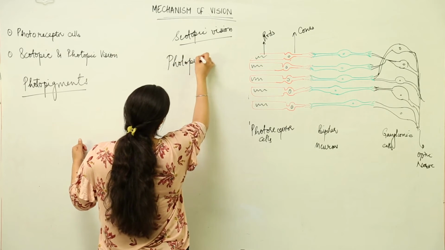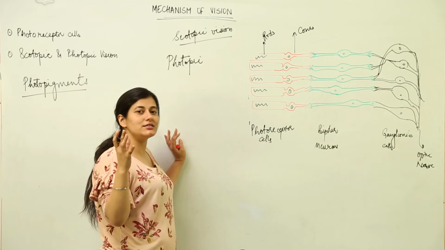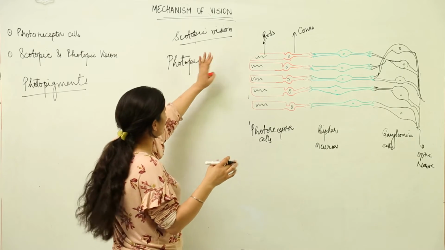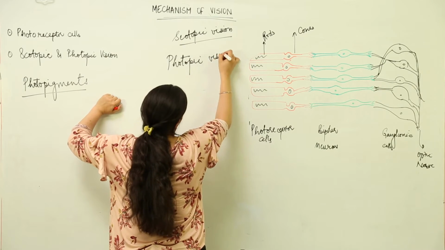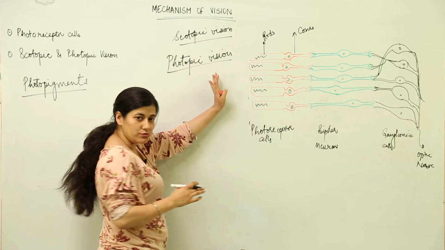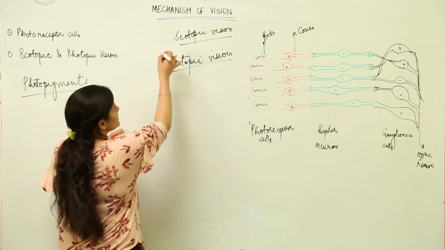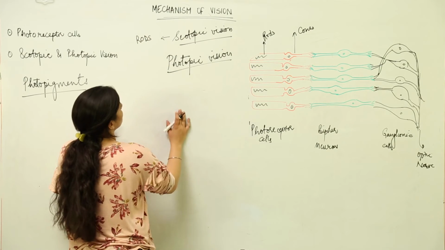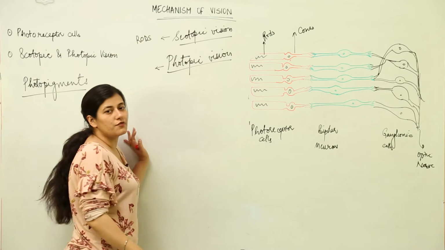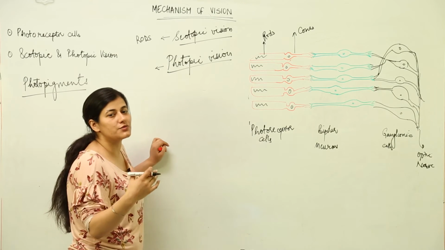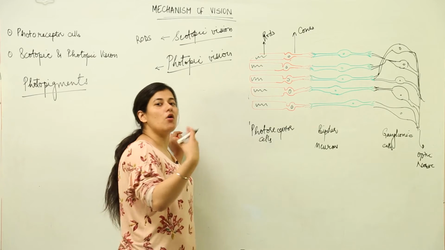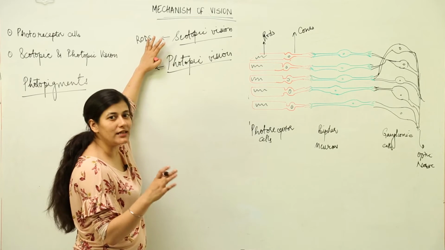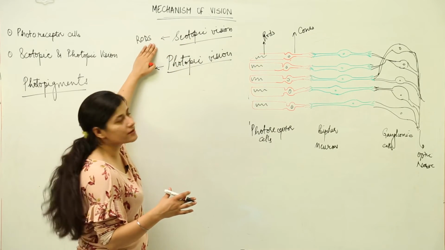The one where you cannot make out the color difference, the thing is just more dark, less dark, somewhat light, that is known as scotopic vision. Now, I hope you can make out the difference between the 2 types of visions. What you have to learn over here is that rods are responsible for scotopic vision, where the point of difference between the images formed is in terms of the contrast, whether one is more dark, less dark, or the darkest.